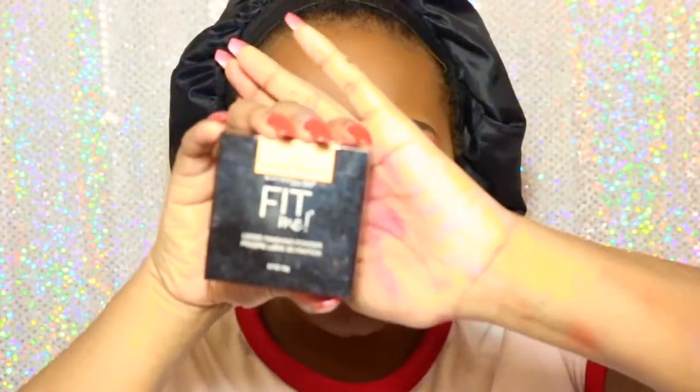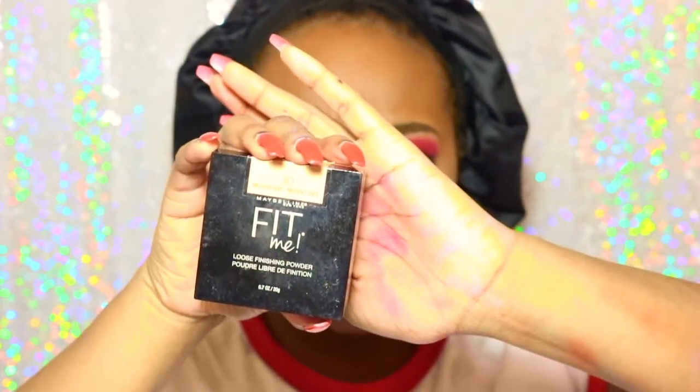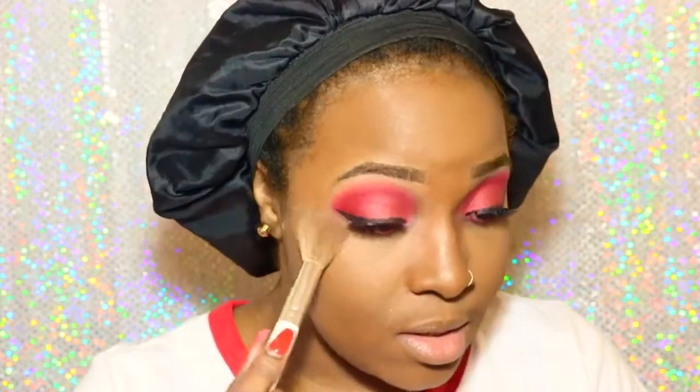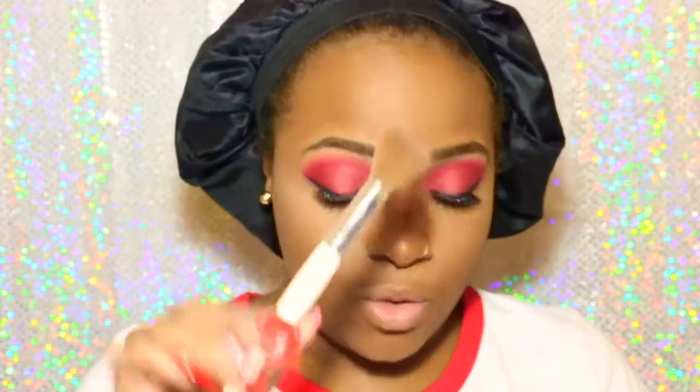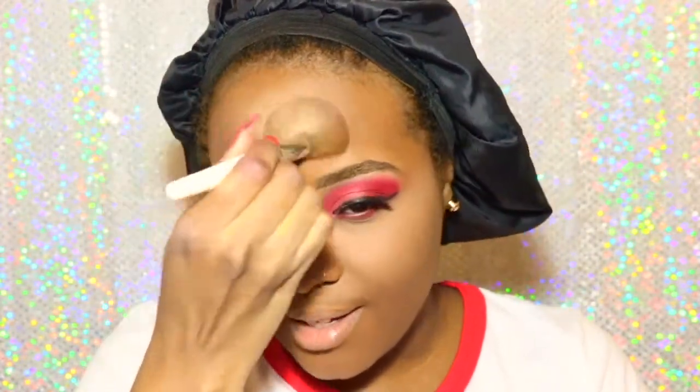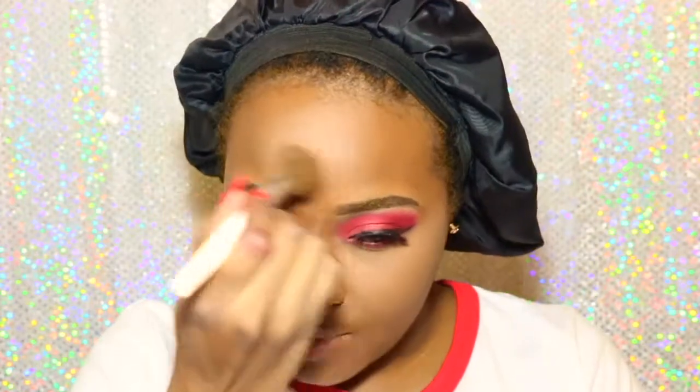Now that I'm paled out, I'm going to take my Fit Me setting powder, and this is in medium deep. And since I do have normal to dry skin, I'm not gonna have it bake because I don't really need it to. I'm just gonna pat it into the skin. This is the e.l.f. powder brush that I'm using. Ooh, I grabbed a little too much powder from my forehead, but that's okay. We can fix that with some contour. If my head didn't look big before,